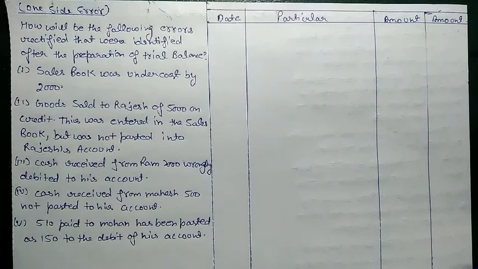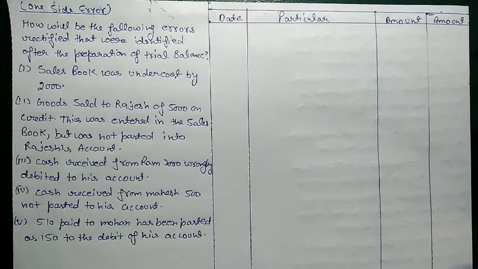First we need to know what type of balance every account has. Sales account has a credit balance, while purchase account has a debit balance. For other expenses like salary and wages, we have a debit balance. For incomes like rent received, commission received, and interest received, we have a credit balance. That we have discussed in our ledger account or trial balance chapter. Now we will discuss how to rectify these entries through our accounts.